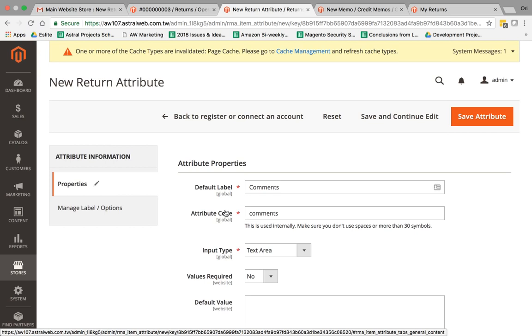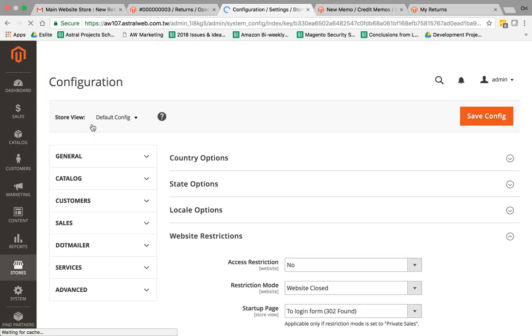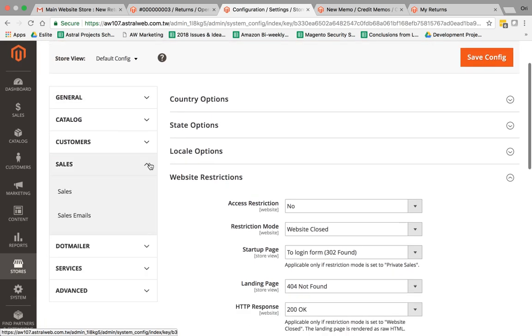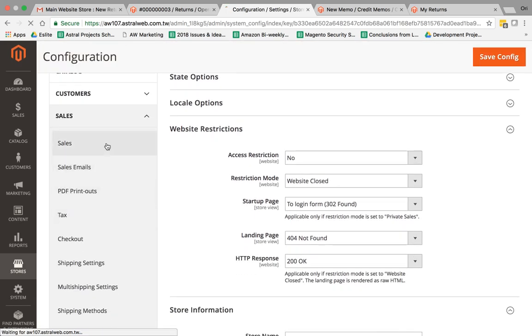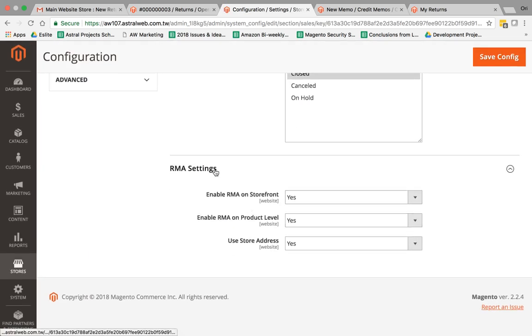Don't forget, again, if you set up new ones or change anything, refresh the cache. Okay, great. The last thing is some of the other configurations. For store configuration, you want to go to Sales, then Sales again. At the bottom, you should have RMA settings.